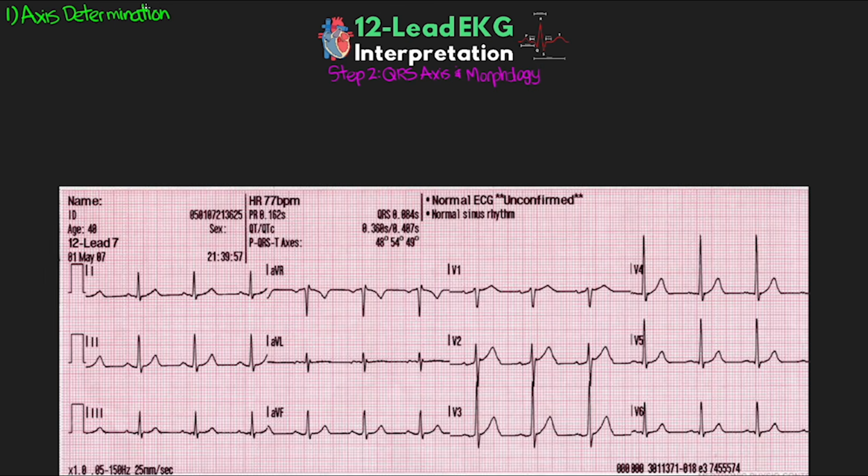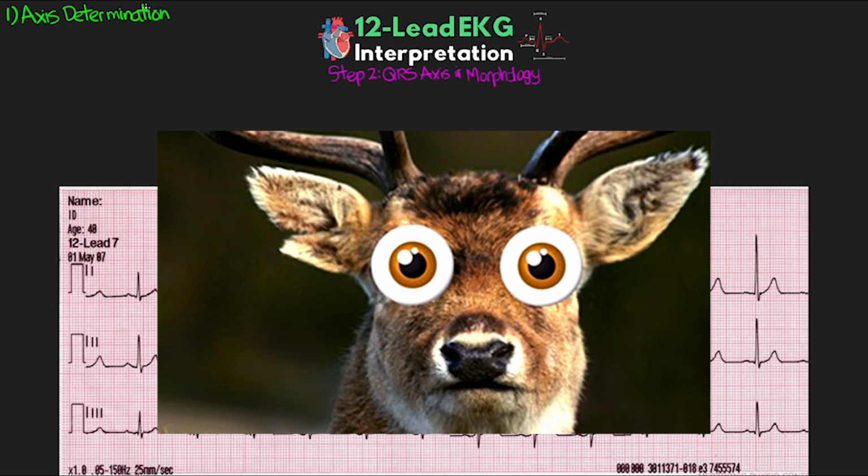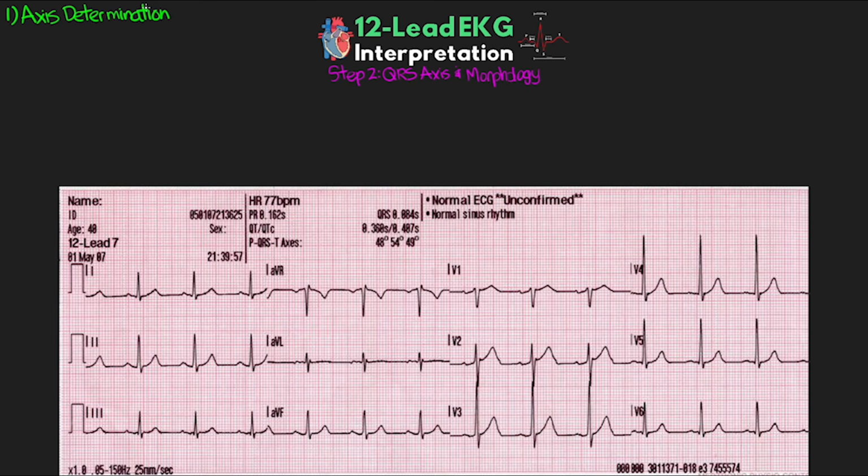And this is the part of the 12-lead EKG interpretation where people's eyes tend to just glaze over, or they get that deer in the headlights look. I'm actually going to do a whole separate lesson on this in much more detail, but it's really not that difficult of a concept to understand, I think, if it's explained properly. So basically, our axis is the average direction in which electrical activity flows through the heart